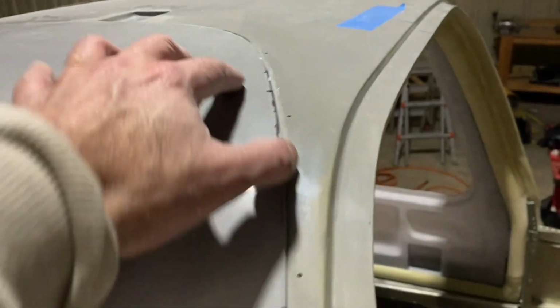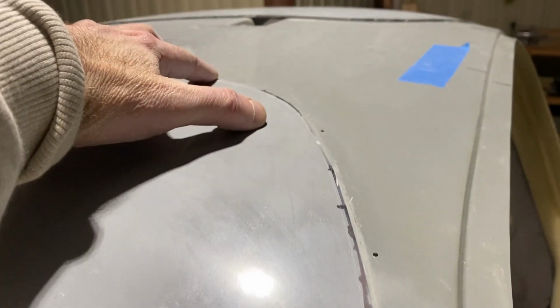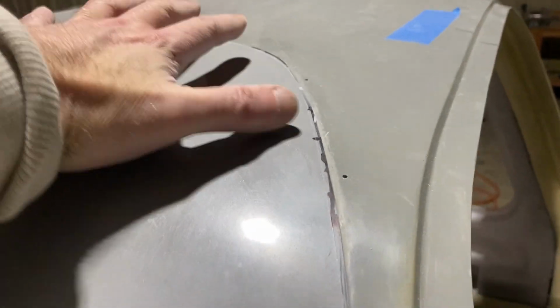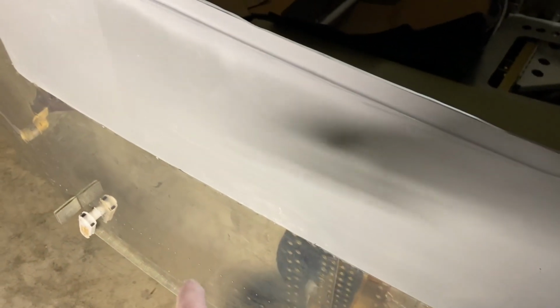I'm not doing much with the bottom yet because I'm expecting that as this gets beveled in here, this whole door, because you see it's above the frame here, is going to settle down. So I'm going to have to trim the bottom again anyway. So I don't know that it's a lot of purpose or point in just trying to do that now. But yeah, initial, I think,